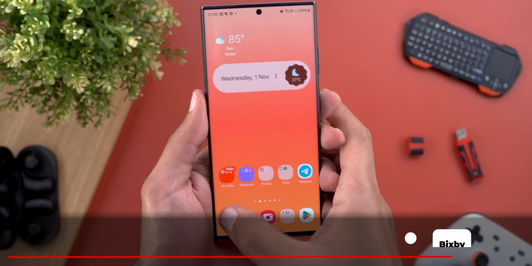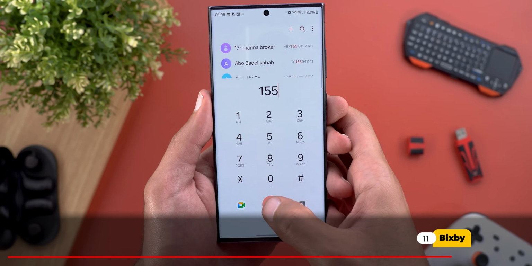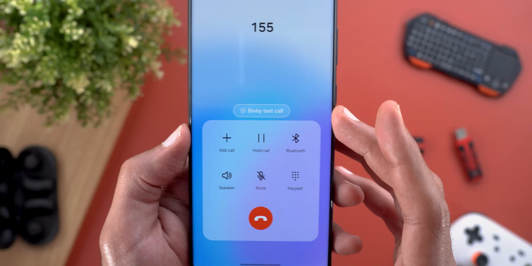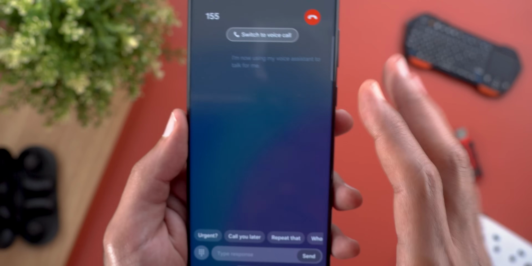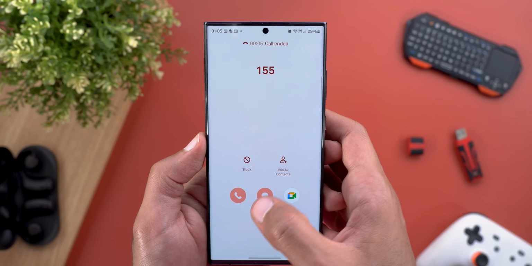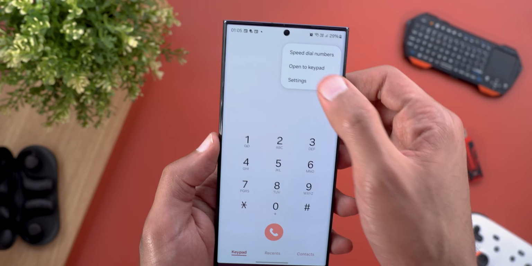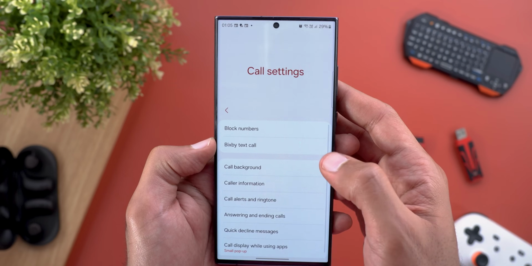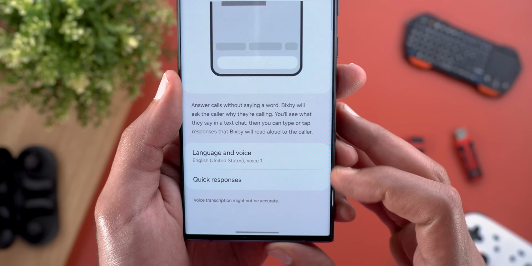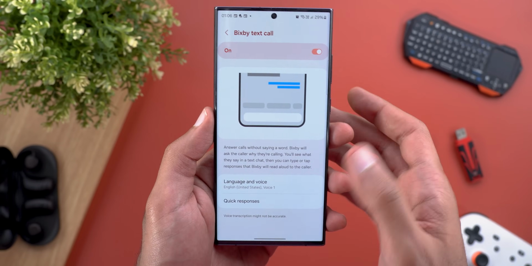Next, Bixby. And the first change is the ability to turn on Bixby text to call or Bixby text call while the call is already active by using this button, and this is how it looks. The second change is the ability to change the Bixby greeting by going to the call settings and then Bixby text call. But unfortunately, I don't have this option even though my app's up to date, so I'm not sure